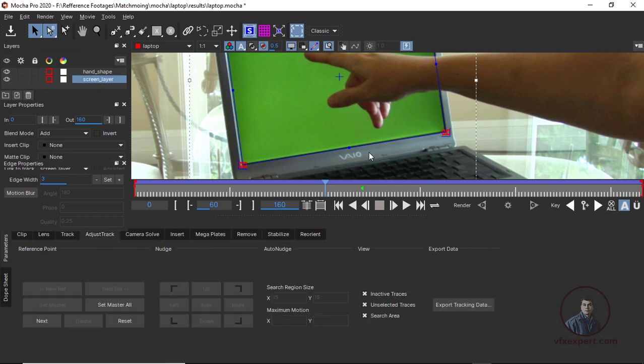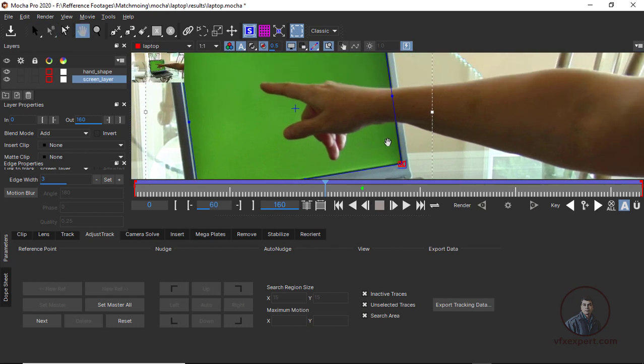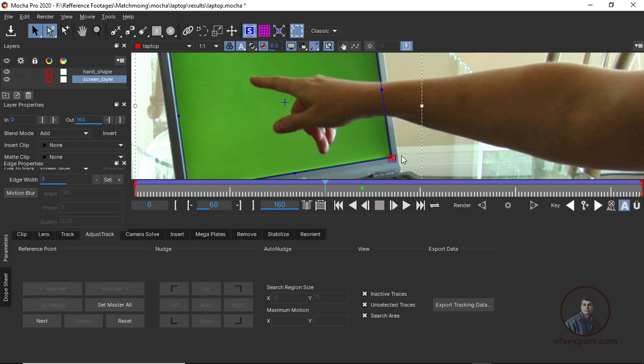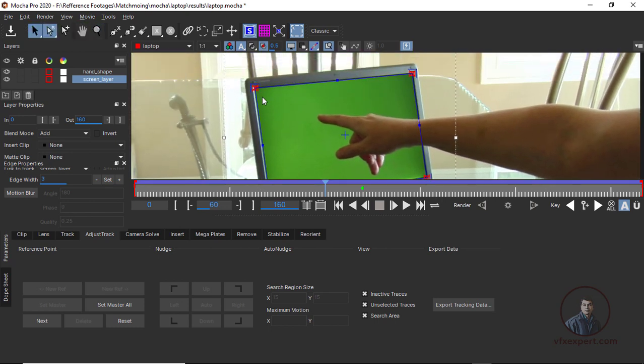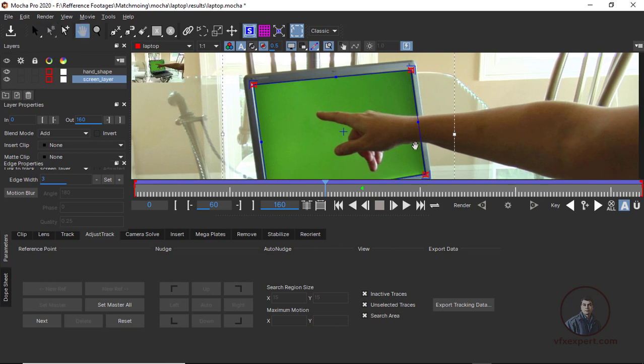Now you will see this frame, frame 60, is your master frame. According to frame 60, the remaining frames will be adjusted. Now just move your CTI and adjust your point. Here you will see 4 points. Now zoom out a little bit. Now first, second, third, fourth, like this.